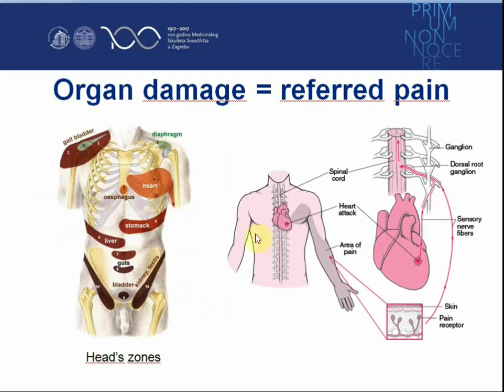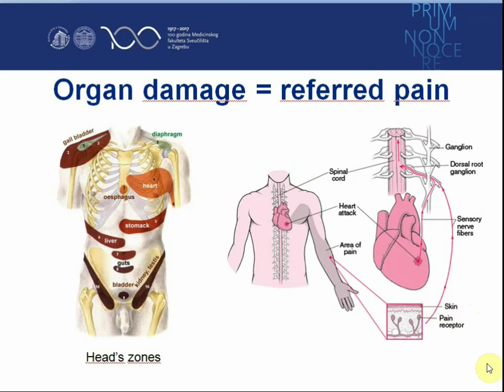Although the internal organs do not contain general somatic afferent fibers, intensive stretching or excessive damage to their walls result in the pain sensation, which is not localized in the organ itself, but in a certain superficial area of the body, which doesn't necessarily have to correspond to the actual location of the affected organ. Such areas are called the head zones, and this type of pain is called the referred pain. The mechanism underlying this type of pain has not yet been fully elucidated, and the phenomenon is quite complex, but